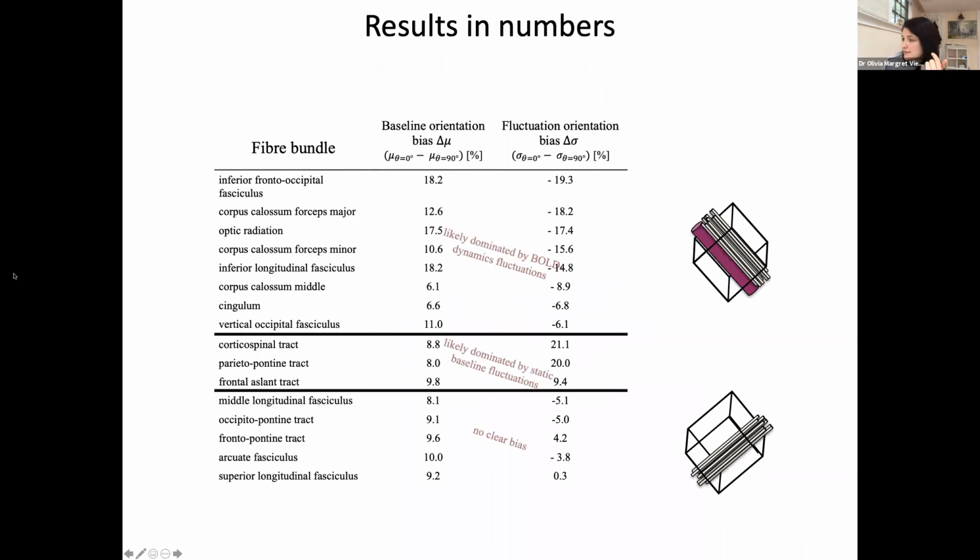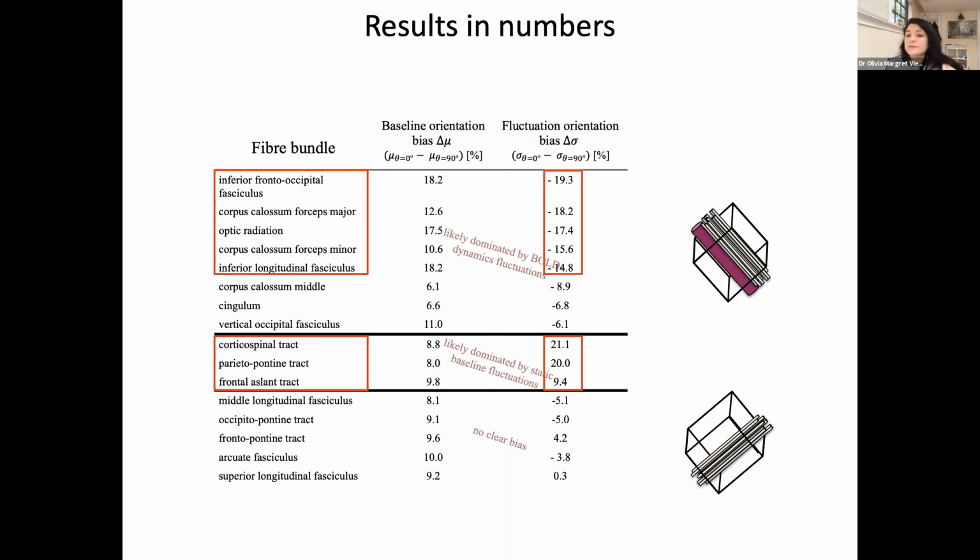And we ranked this now in numbers. So here we rank bundles by their orientation signature and overall bias magnitude from highest to lowest. The highest dynamic BOLD orientation effects are observed in the inferior fasciculus, the corpus callosum, and the optic radiation. Those are also the fiber bundles that have been pointed out in BOLD fMRI studies throughout the decade. We also find bundles that don't show dynamic orientation signatures, like the corticospinal tract and some fibers that are